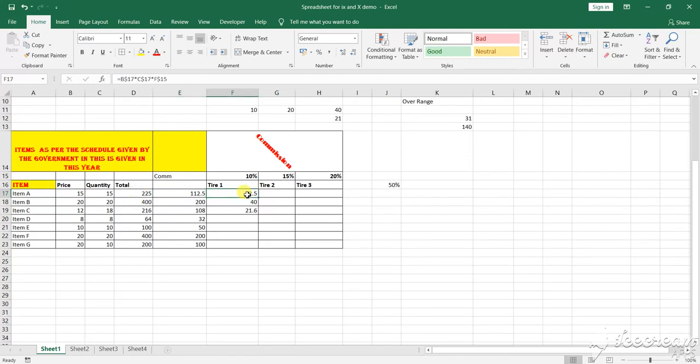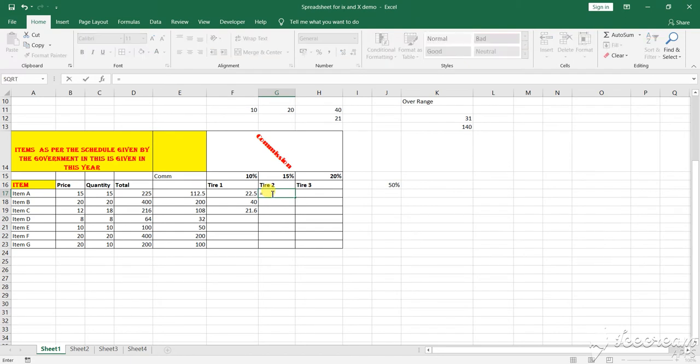And this is a mixed reference where we are locking. Previously in absolute reference we were locking only one cell, but here we are locking all the rows and all the columns. Similarly for this one also, all the columns can be locked in a similar way.